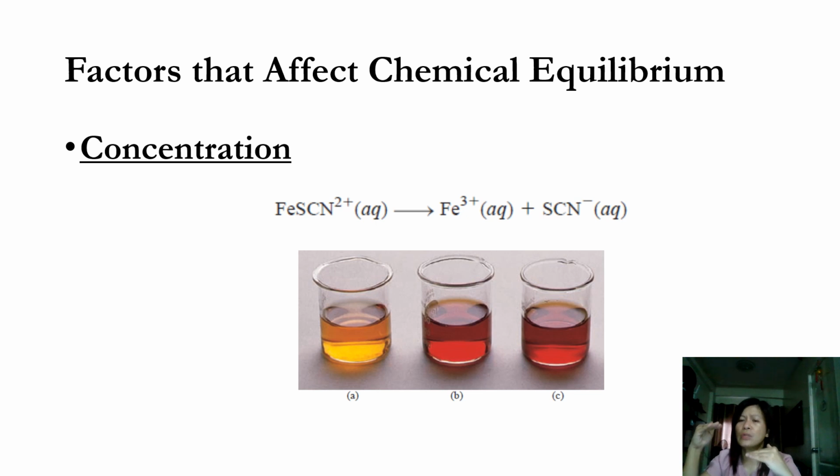So in order to relieve that stress, some has to move forward. If this is water, water has to move forward to the right side of the equation in order to re-establish the equilibrium. So that's how you use Le Chatelier's principle to predict the shift of equilibrium